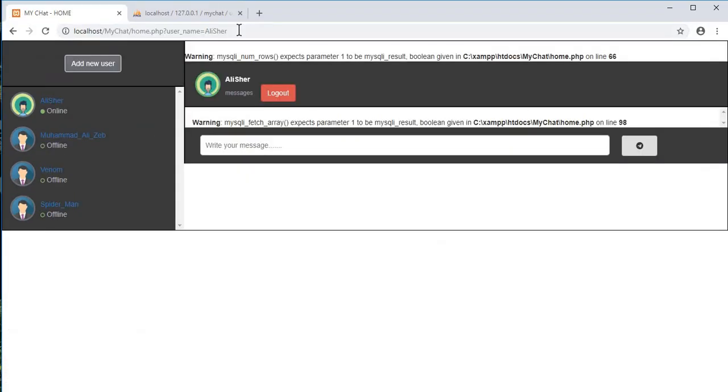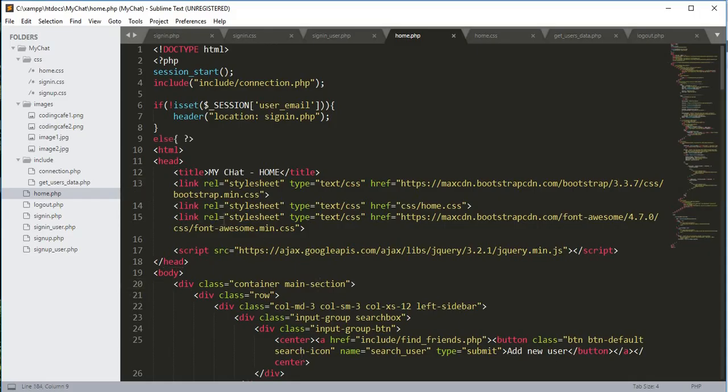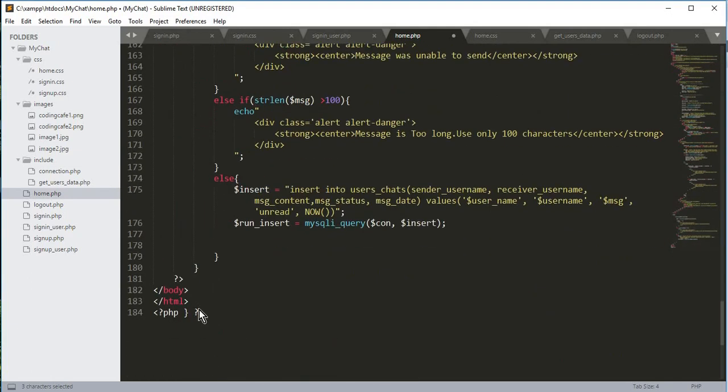and now if we just refresh it, now the icons are showing and the offline and online is also, but we still got a problem over here. So let me just set that. So guys, I am still finding the errors, but you need to add this else condition after this if, and close that else condition down here. Okay,